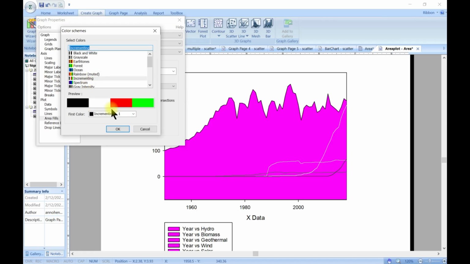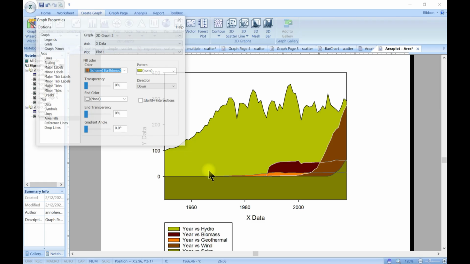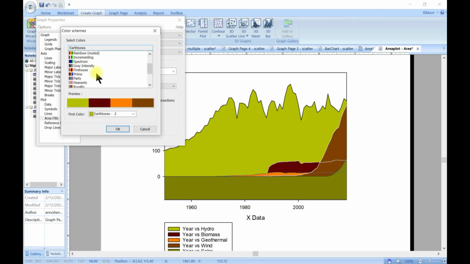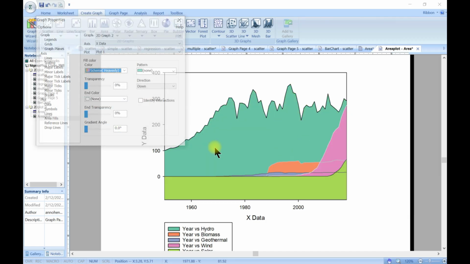So that is also something interesting to note, and that also applies for the previous section that we did. So you can come in and just choose a color scheme itself. So let's choose, let's say, heavenly. Hit OK, and we have this,